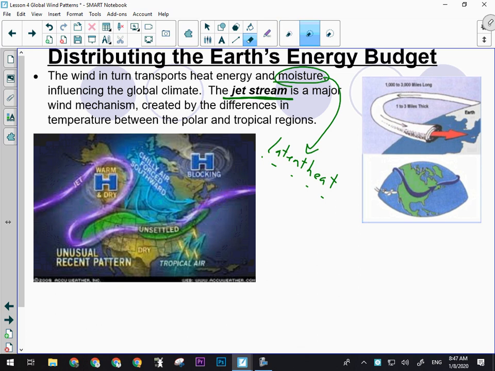So most of the time it just kind of does something like this, and it moves across the continent, and that can influence where certain